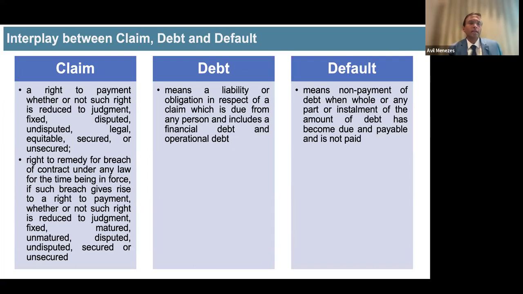So that's where I said it's very important that when we take control of the corporate debtor, the first thing we should see is that the formation of the COC is right. I'll give you a very simple example. I had a company where we had compulsorily convertible debentures, CCDs, and by virtue of the CCDs, the holder had almost 20% voting share in the COC. CCD by normal parlance is equity. That's how people treat it.